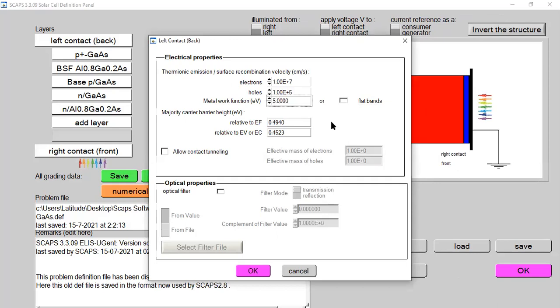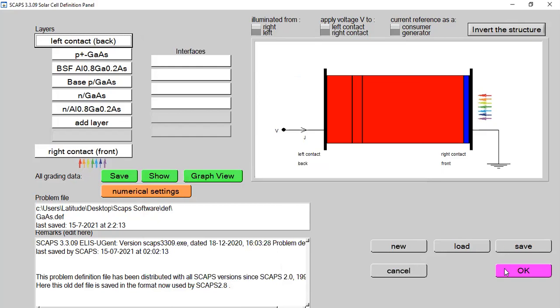Why? Because as I increase the back metal work function, it will definitely increase the probability of extraction of electrons from the metal surface, and it will also decrease the barrier height of my majority charge carriers, which are basically electrons. So I'm going to set this value. I'm going to use copper doped with carbon as the back metal work function in my gallium arsenide based solar device. So I am going to simulate.